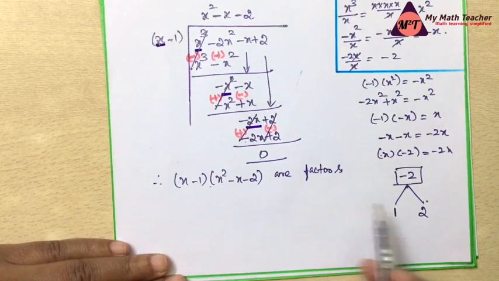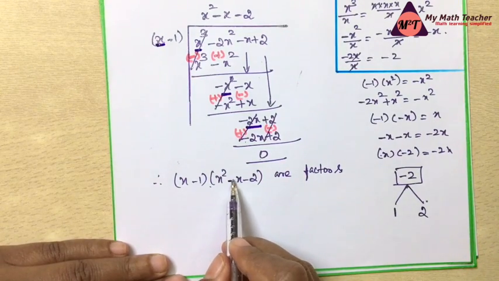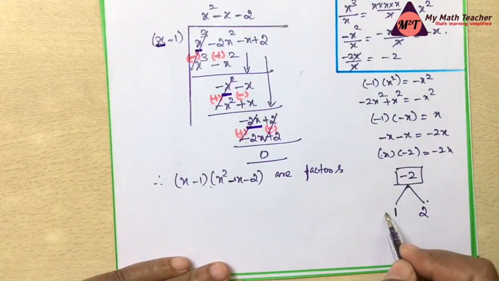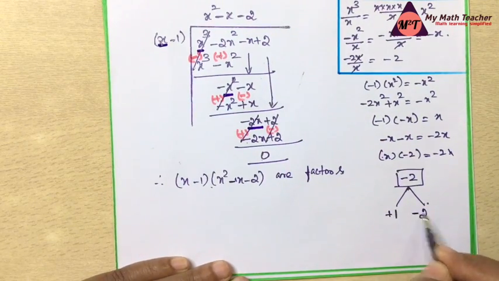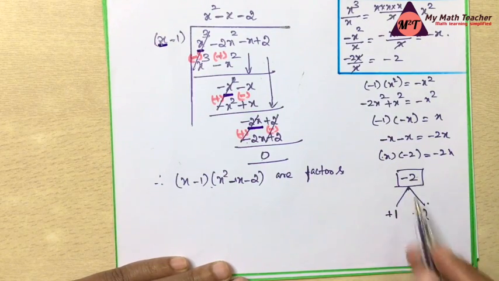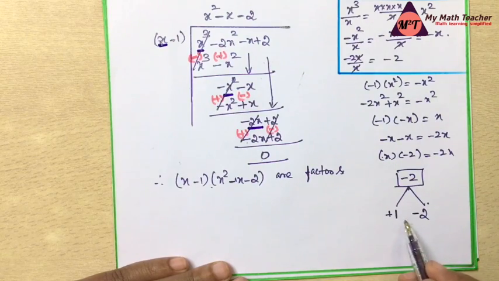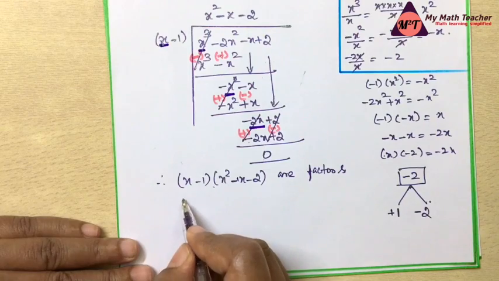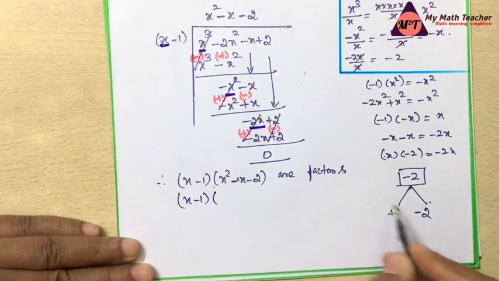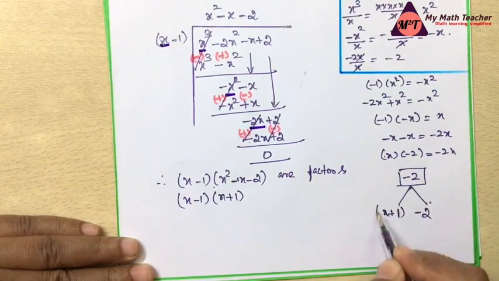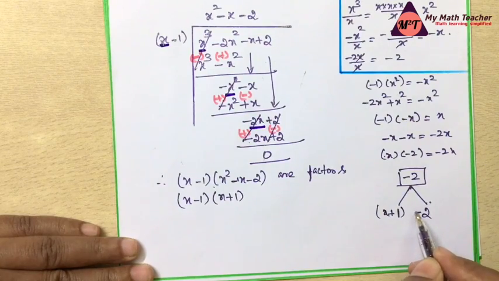Now, when you add these two numbers, you should get minus 1. So how to get it? It will be plus 1 minus 2. So now check again. Plus into minus is minus, 1 twos are 2. When you add it, it will be minus 1. 1 minus 2 is minus 1. So directly we can write x minus 1. Here we can write, this is the first factor, x plus 1, because the variable is x. Add x here. Okay, the same way x minus 2